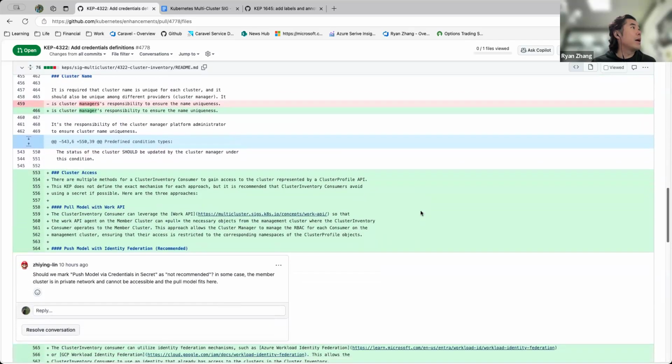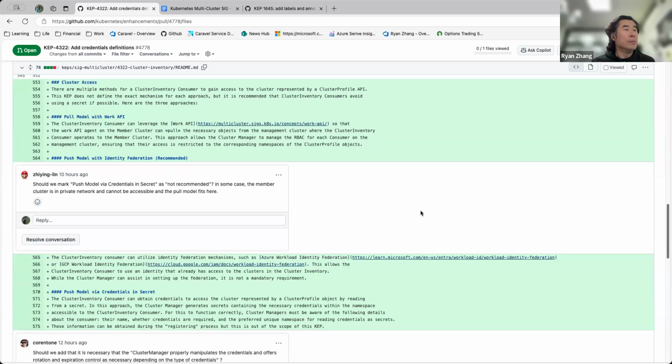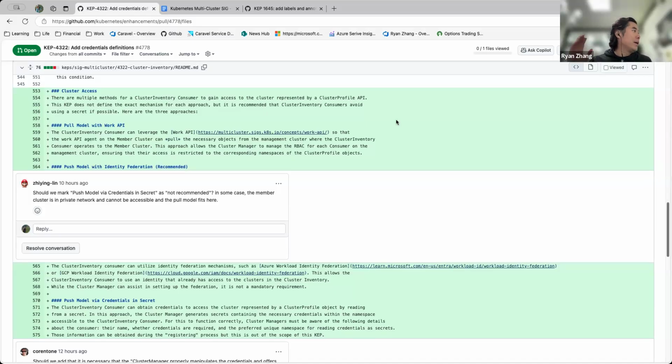So given that fact, what we're trying to do is, instead of putting that into the API, we give it a prescriptive description in the cap. The high level idea was, okay, we understand you still need to access the clusters, and here are the three ways we think are possible. We recommend two ways, and the last resort is, if you have to do that, like what you are doing now, we still provide you a way, but that way is not through the API. We just give you a convention.